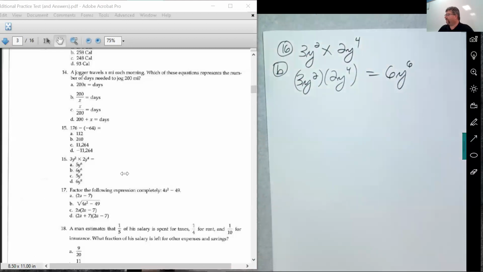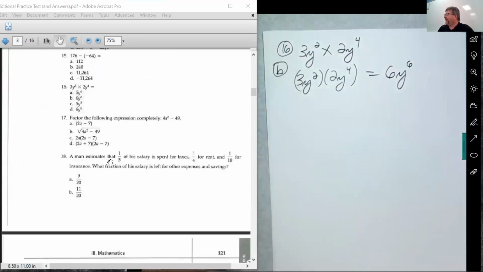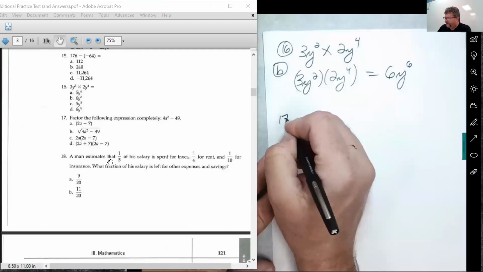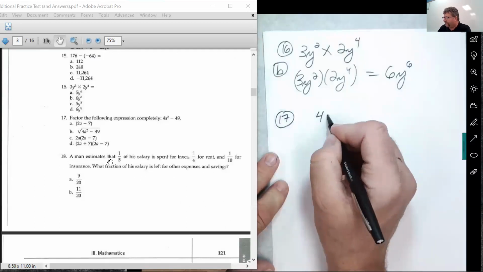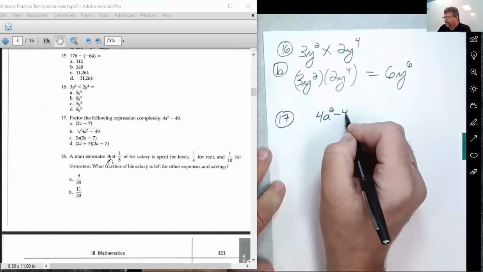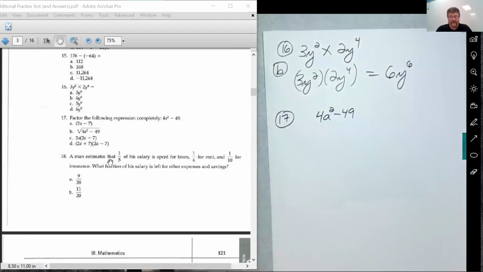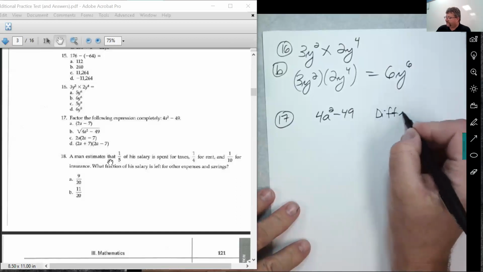Okay, 17. Factor, oh baby, factor. Now, as I mentioned in the videos, factoring polynomials is kind of an obscure topic for this exam. It really is, if you ask me. Now, nobody asked me, but this is intermediate level algebra, and the stuff that's been on the exam here hasn't really been to that level. And not that it's rocket science, but it's a topic that if you don't do it every day, you forget it, especially a problem like this, okay? Because this falls into a very specific category called the difference of two squares.